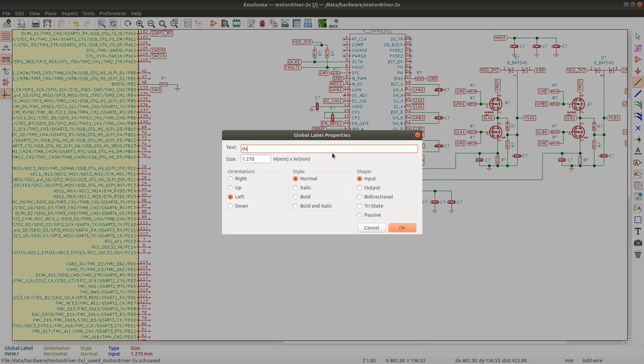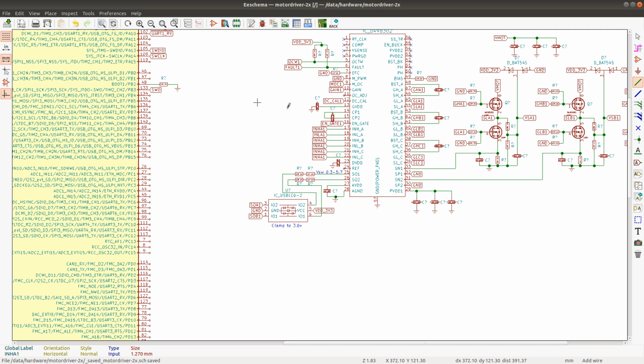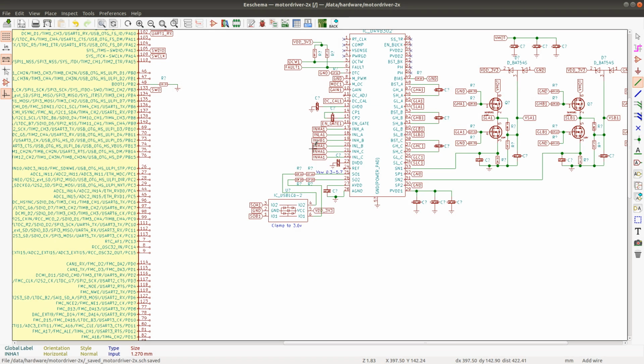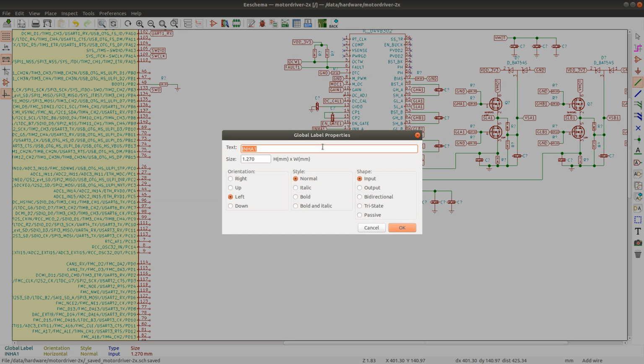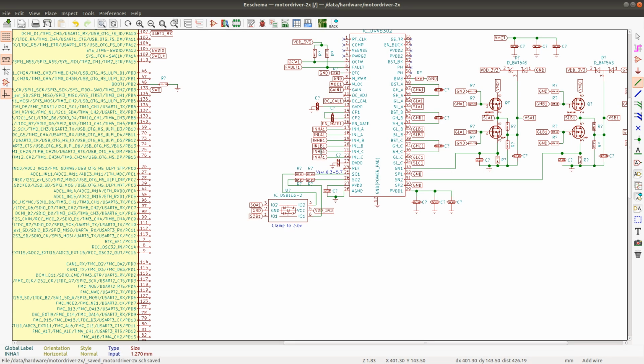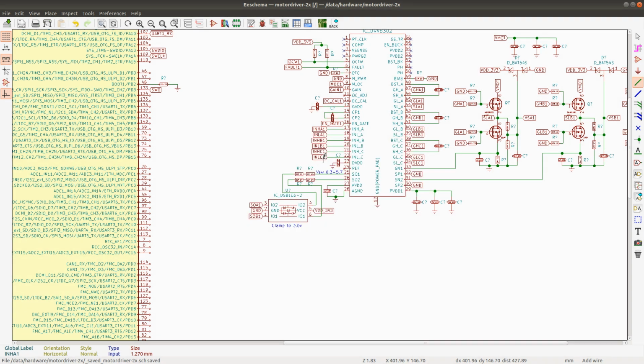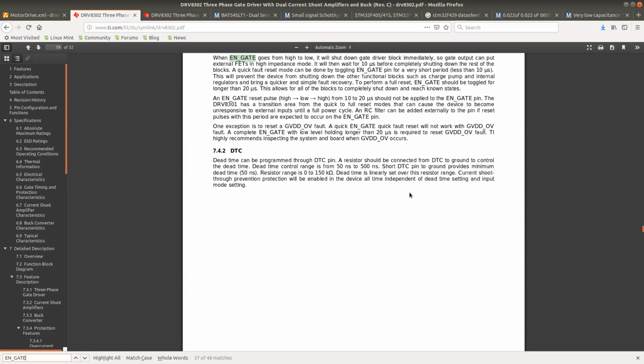So this would be inlet A, and this one would be in HB1. So high input of the gate stage B on the gate driver number 1, in LB1, and in HC1 and in LC1. And the ref